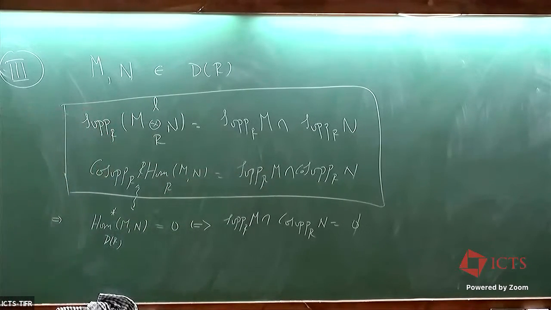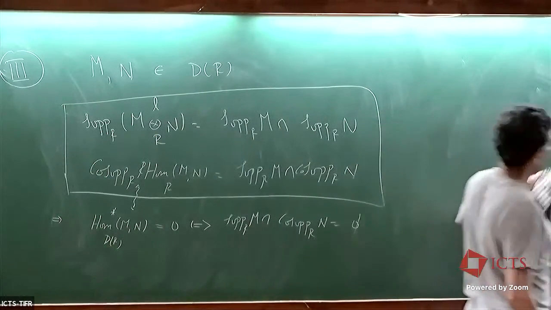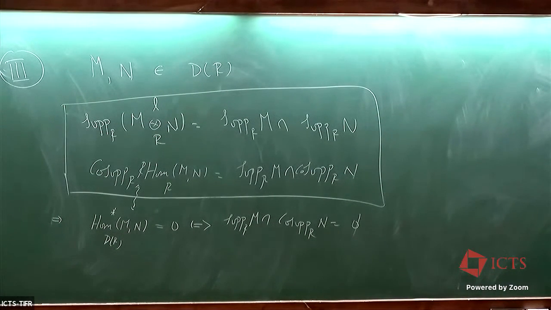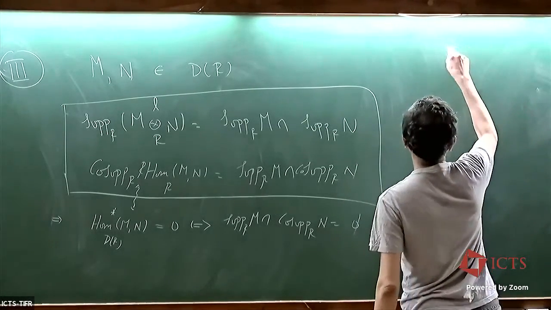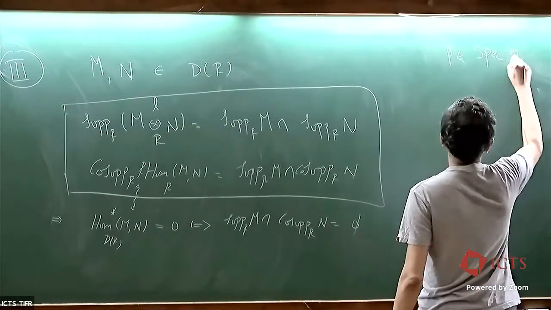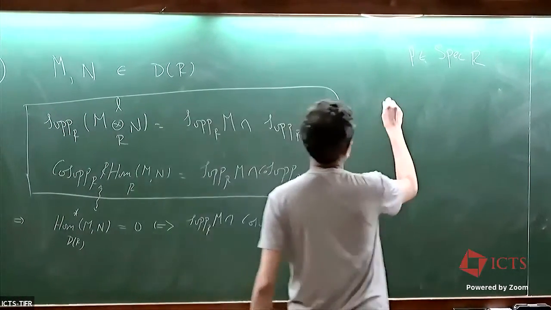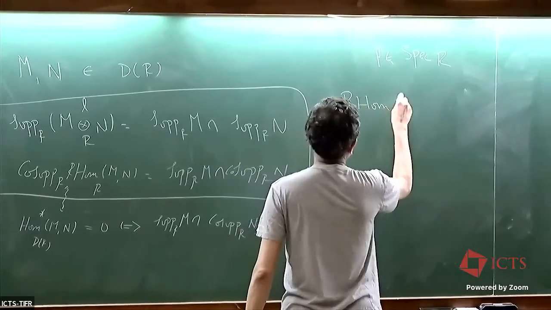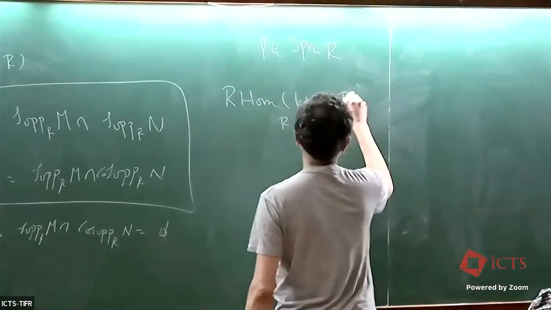Okay. And in fact, the proof is not difficult in the context of commutative rings because there are residue fields. So let me just do one computation. I left everything as exercises, but this I can do. So let's say we take a prime p in Spec R. I want to know if it is in the co-support. So one must look at maps from the residue field to this.